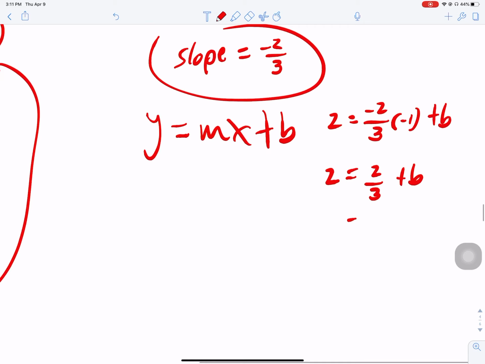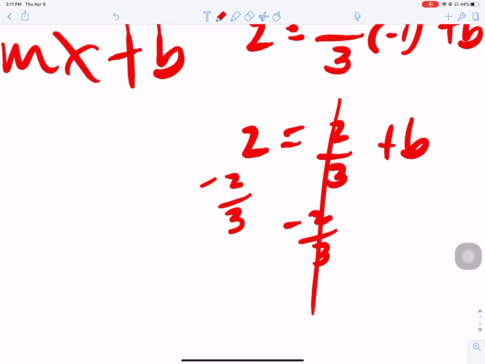I need to solve for b, so I'm going to subtract 2/3 from both sides. And like we've done multiple times, I can't do 2 minus 2/3. It doesn't really work out that well. I mean, the answer is 1 1/3, but we want to see that as a fraction. So